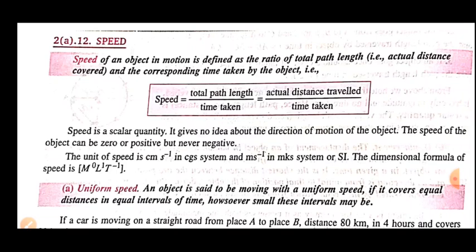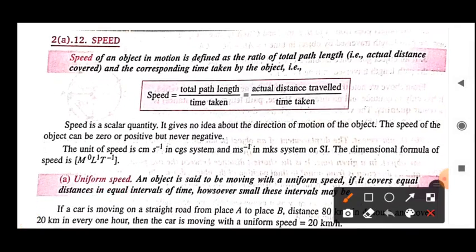So here what we are doing in this chapter, simple, we are going for the rectilinear motion or motion in a straight line. So in motion in a straight line, we have seen what is distance and displacement. After that, let's discuss the rest of the topics. That is the first topic of today. This is speed. So let's see what is speed.